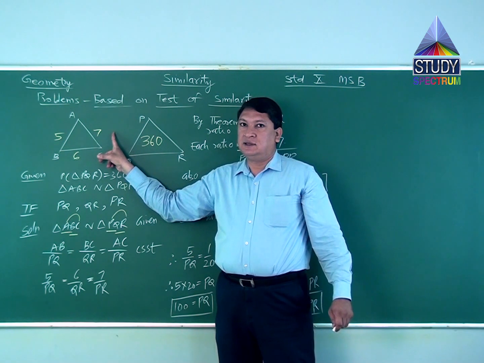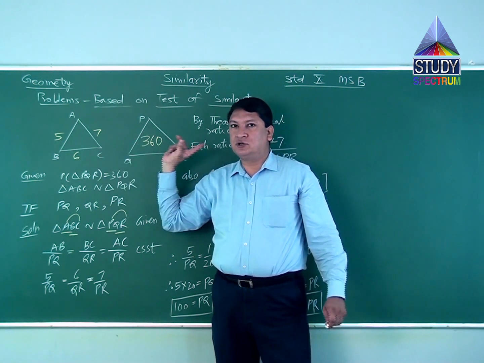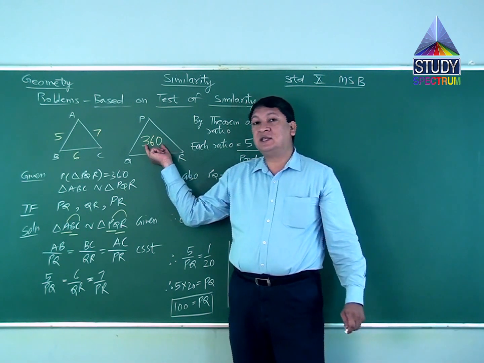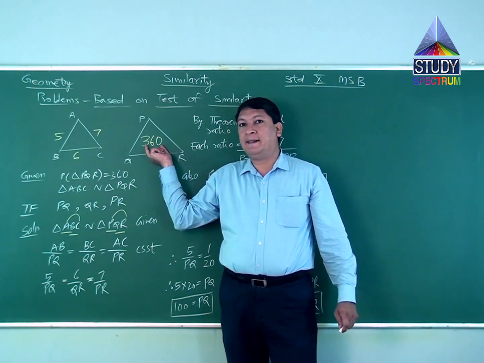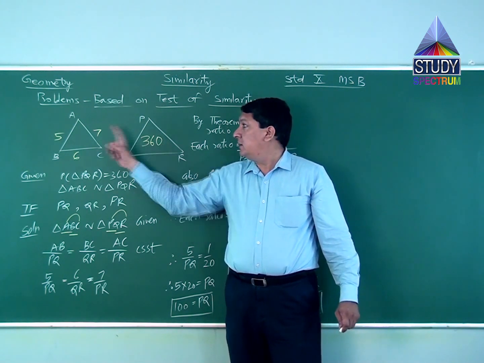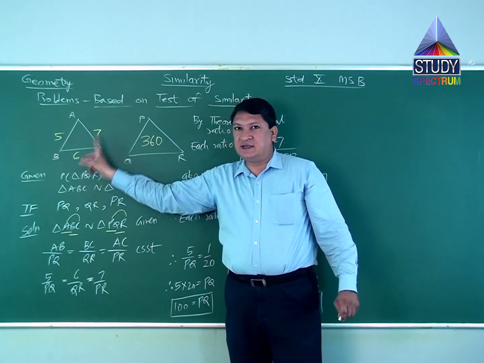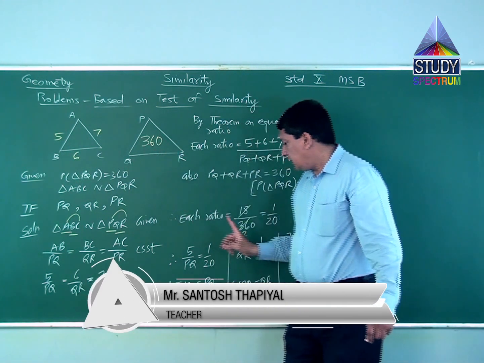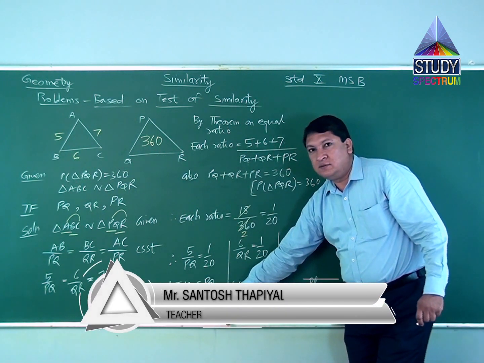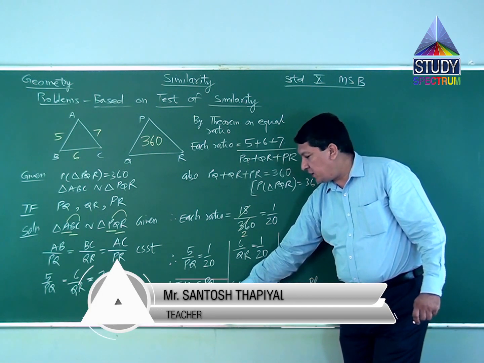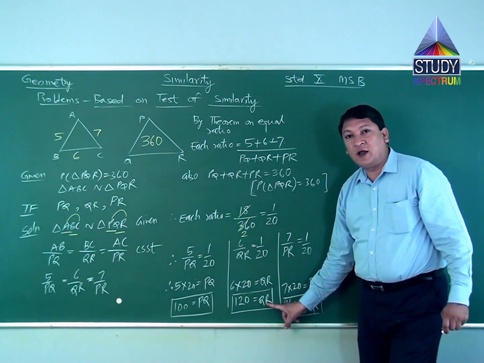Now if I ask you one simple question, right now I am asking you a question. Instead of this 360, suppose the value would have been 180. The other sides are the same, 5, 6, 7, all same. Instead of 360 it is 180. Guess your answer for PQ. How many of you guessed 50? Very good. Guess the answer for QR.